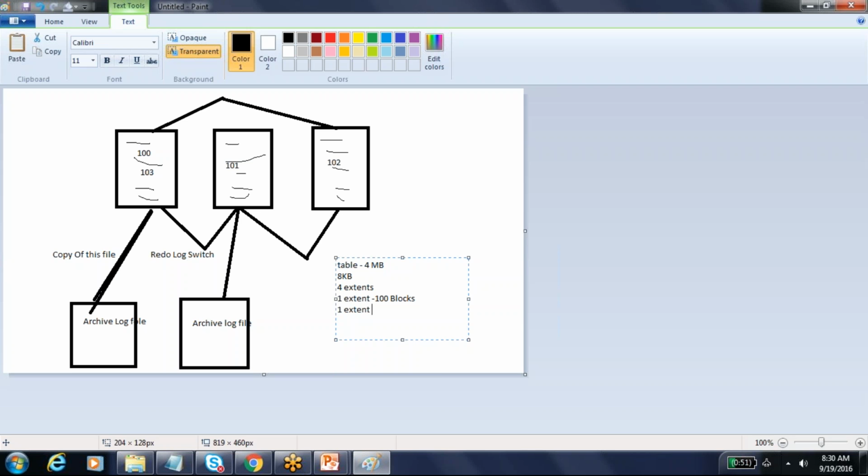So if you need any row, then it will bring, as I told you, the complete block into your buffer cache. Maybe that block contains 10 rows, because Oracle cannot go inside that block and check it. Once it reaches the buffer cache, only then can it identify that row. It might contain 10 rows or 5 rows or maybe 100 rows, depending on the size, but it will bring all those rows into the buffer cache. So this is the way it works.